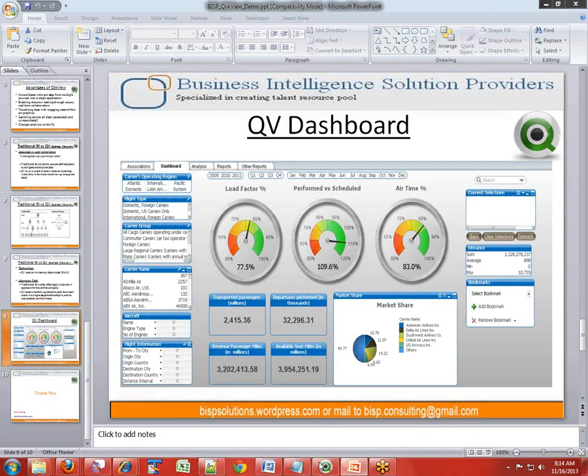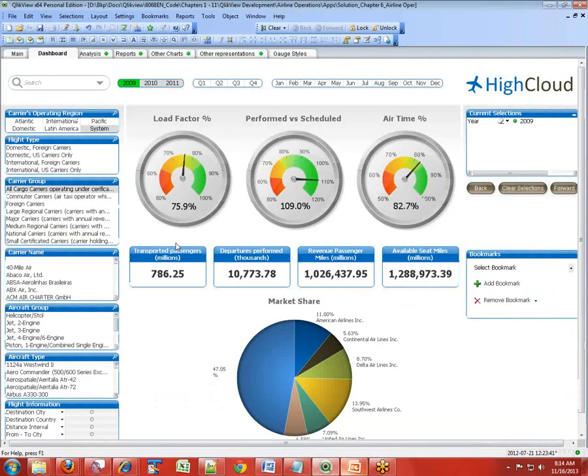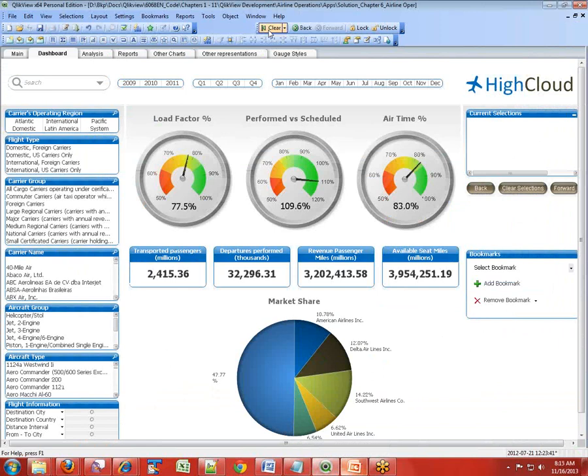Okay. This is a sample chart, a sample dashboard, which was created for one of the clients, High Cloud Airlines. A small intro about this client: this client is a European client and he wants to extend his business into the American airline industry. So he has gathered some information for 3 years, 2009, 10 and 11, which you see over here, and he